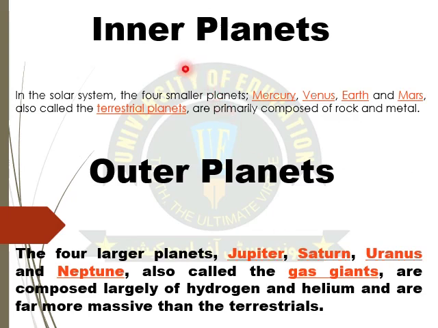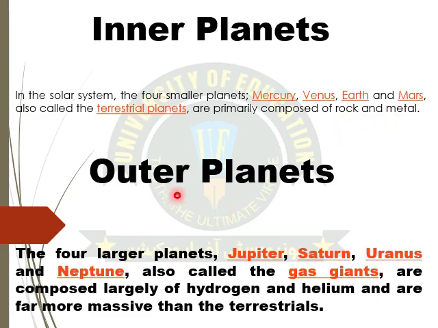Dear students, here you can see the two different types of planets. Number one is called the inner planets and the other is called the outer planets. Inner planets are also called smaller planets, and they can also be called terrestrial planets. There are about 4 different inner planets: number 1 is Mercury, number 2 Venus, number 3 Earth and number 4 is Mars. All of these planets are composed of rock and metals.